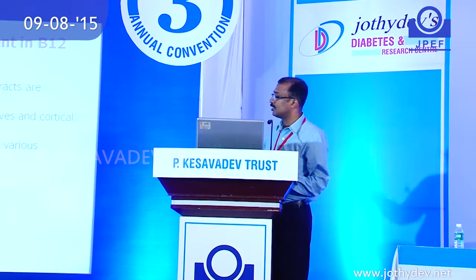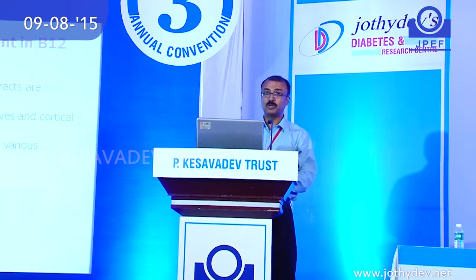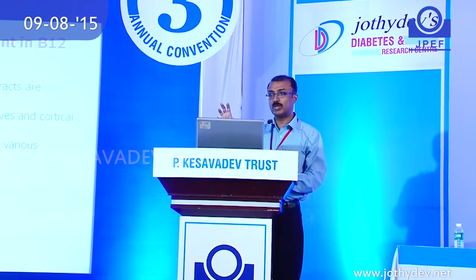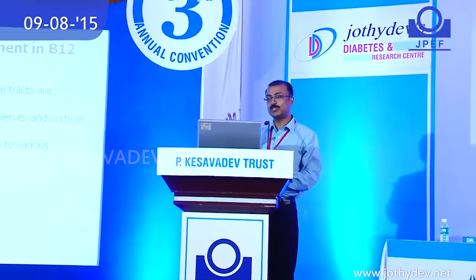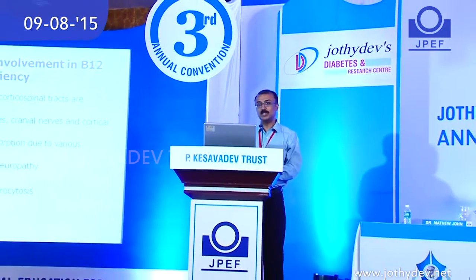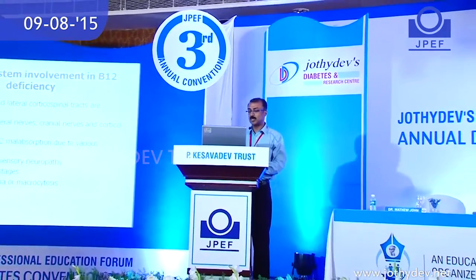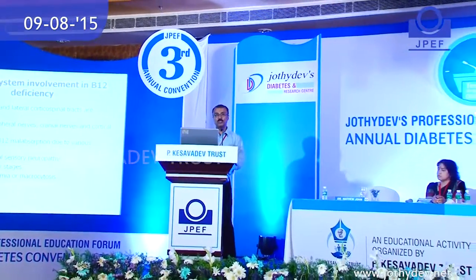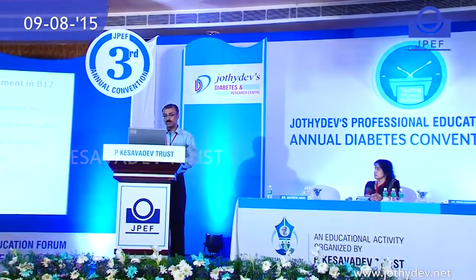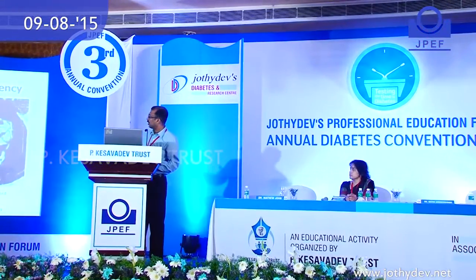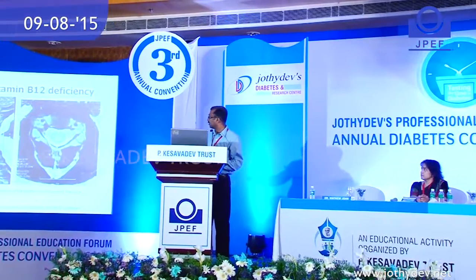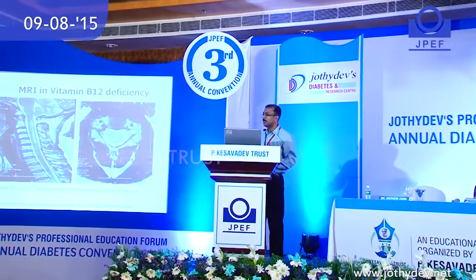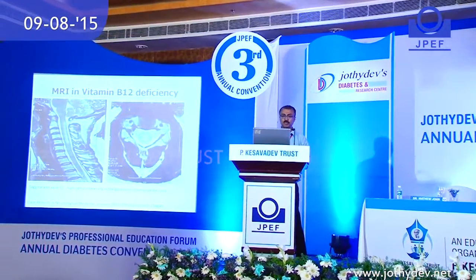I'm not going into the details, but B12 levels alone may not really show the real cutoffs which you get from laboratories, because even if you have B12 in the lower limit of normal within the range, still you should have a clinical suspicion. It's better to treat these patients with B12 if you don't have facilities for further investigations. Look at the MRI. You can see demyelination happening in different areas in the spinal cord. These are features of B12 deficiency.